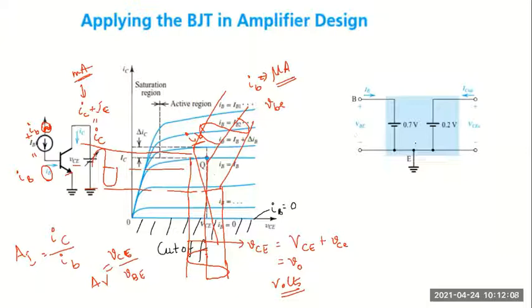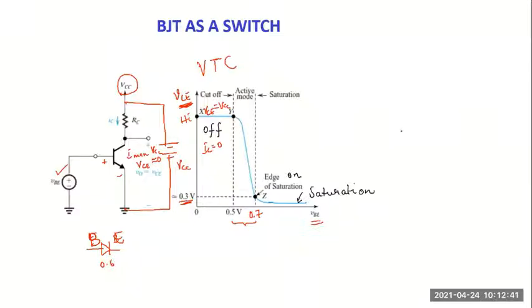And generally, the transistor will be acting like a fixed voltage of 0.7 or 0.6 volts between the base and emitter. And the conducting transistor in saturation will act like a constant voltage of 0.2 volts between collector and emitter. So this is the collector terminal, this is the emitter. Generally these are approximate fixed voltages when the transistor is in saturation. Anyway, we saw that there are three regions of operation.